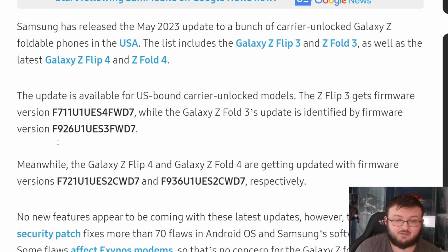So this is why I've said it a million times, and I'll say it again, this is why I'm so crazy. Not crazy, but it's why I care so much when I don't see an update by Microsoft for the Surface Duo 1 and 2. Because it's a huge problem. That's a huge red flag that they just stop caring about their devices. And I get it. You can stop caring and say, oh, it doesn't even matter anymore. But at the end of the day, millions of people went out there and bought your Surface Duo 2 that was